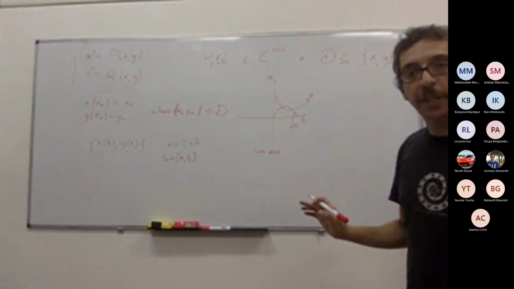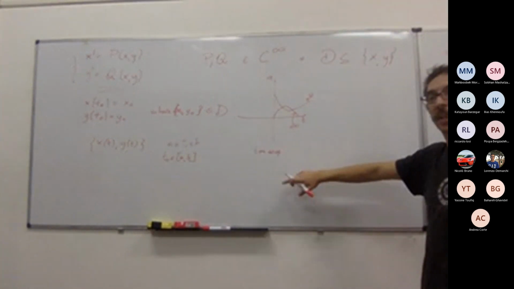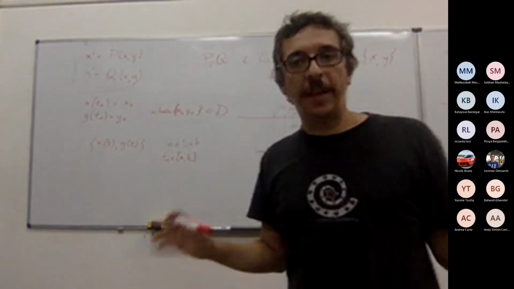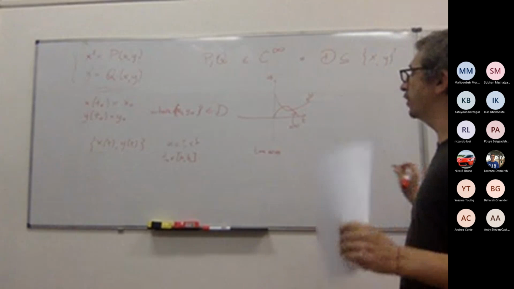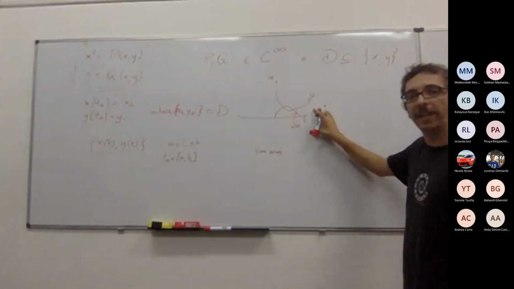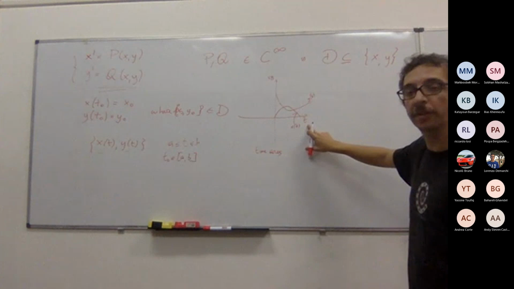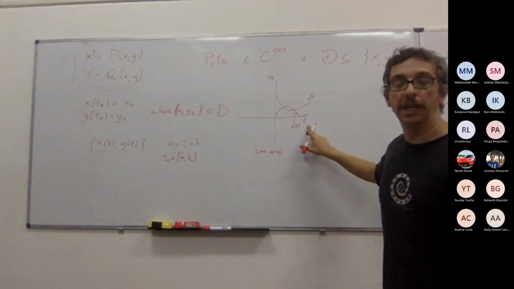So in this type of plot, I consider x and y as two separate, distinct objects. And what I'm plotting here is exactly the shape of x and y seen as functions of